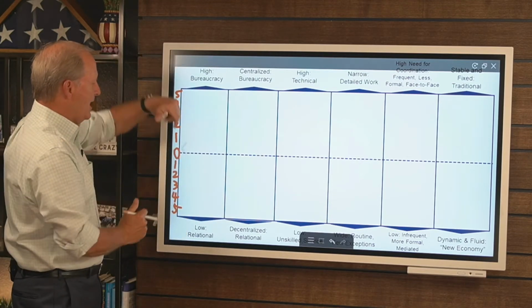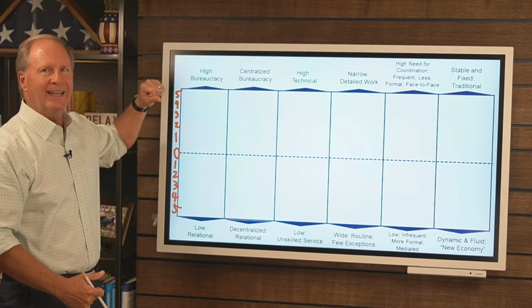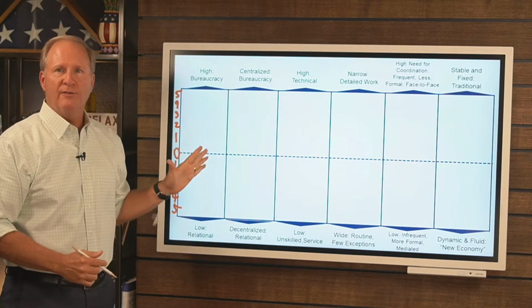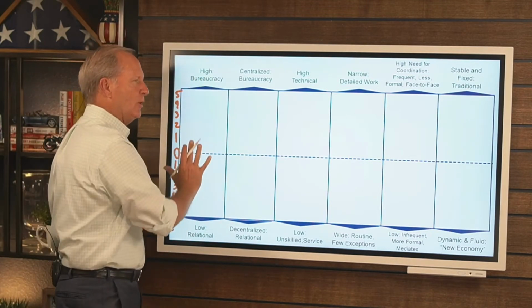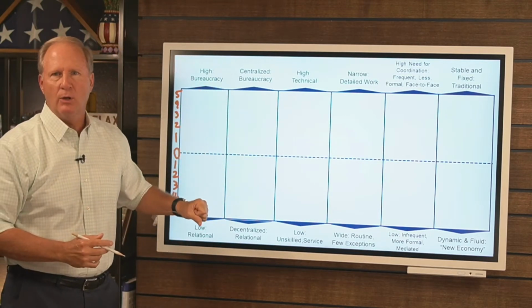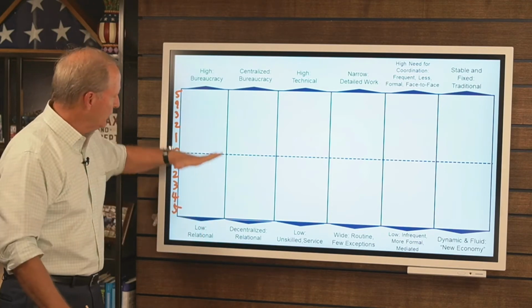This is above the line and this is below the line. As we think about an organization and how bureaucratic they are, do they have very well-defined roles? If they have very well-defined roles, they're going to be above the line. If they have less defined roles and not very clear communications around how work is structured, it's going to be